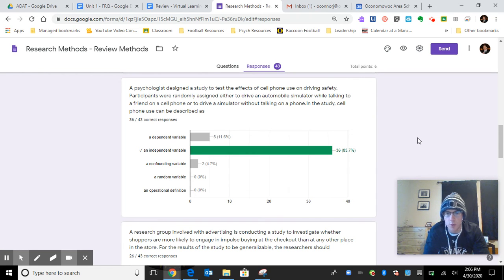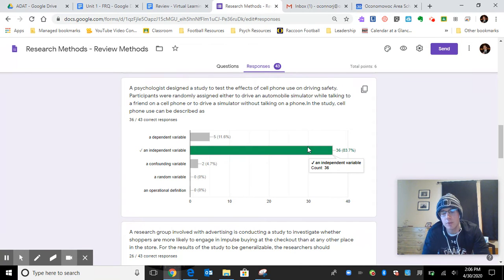So a quick run through here of the little research methods check-in you did. The first question here: psychologists designed a study to test the effects of cell phone use on driving safety. And then the question is, in the study, cell phone use can be described as... the correct answer there is